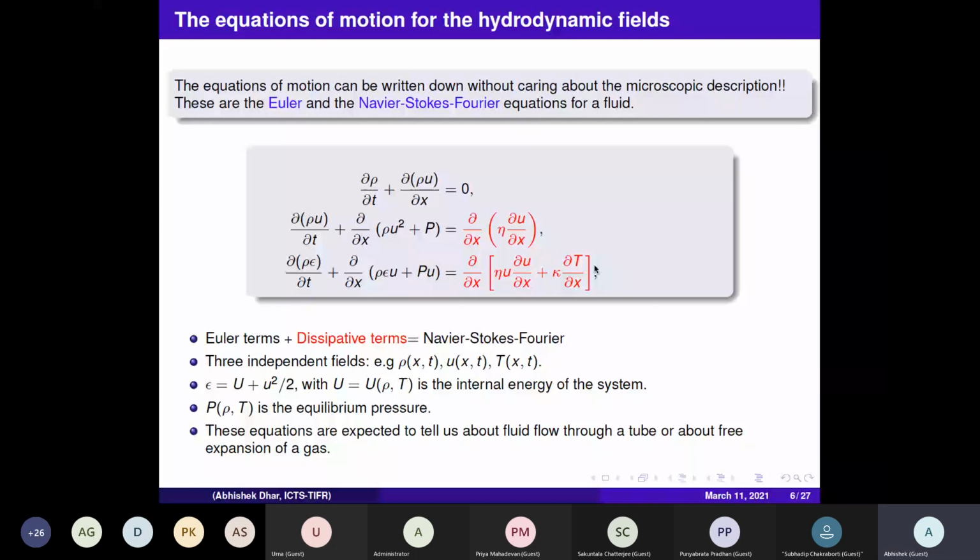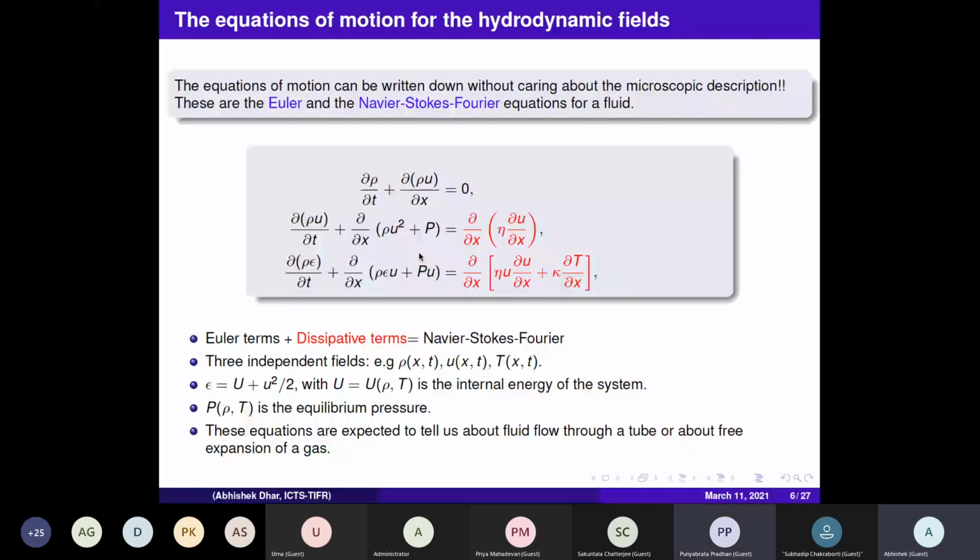Okay, and then in this equation there are some other terms. P is the pressure, and then there is this epsilon, which is basically the energy per unit mass. Okay, so now let me talk a little bit about the pressure and this energy per unit mass. So this pressure is something which again you can